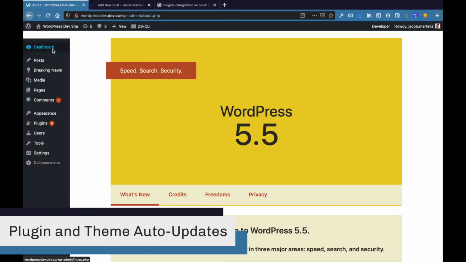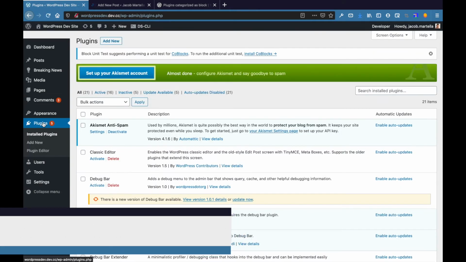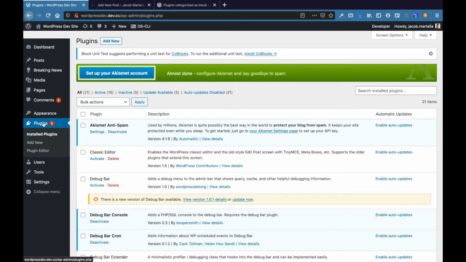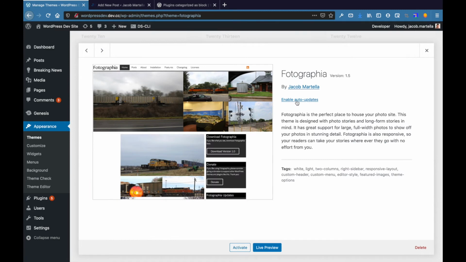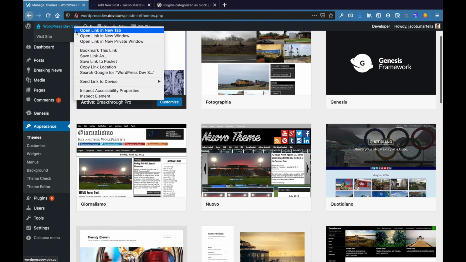One of the more talked about non-block editor changes coming in WordPress 5.5 is the ability to turn on auto updates for plugins and themes. To turn it on for a plugin, navigate to the plugin screen and hit Enable Auto Updates on the right side. For themes, go to the theme page in the admin, select the theme to enable the updates, and hit Enable Auto Updates. I personally won't be using this feature because there's a lot of potential issues for sites that I talk more about in a post I've linked to below, but it is a neat option to have.